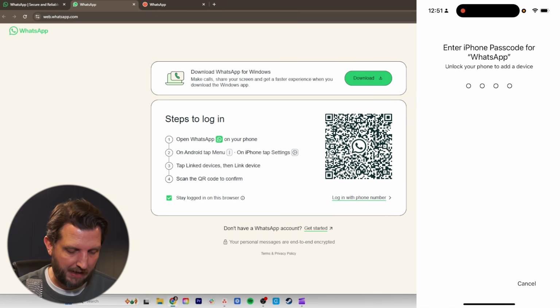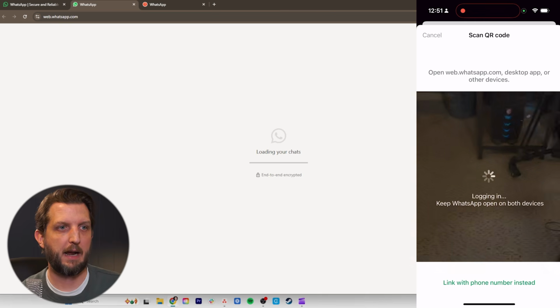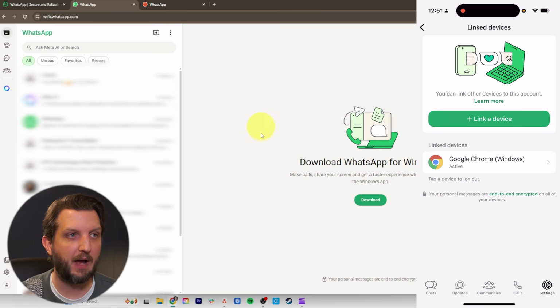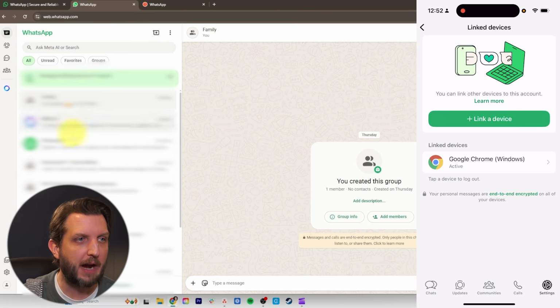It's going to ask you for your passcode here. And then all you need to do is scan the QR code that's on your screen. Then it will show you that the device is linked on your phone. And then it brings up your messages here on your computer. From here, you can see your conversations over on the left, and tap on the conversation that you want